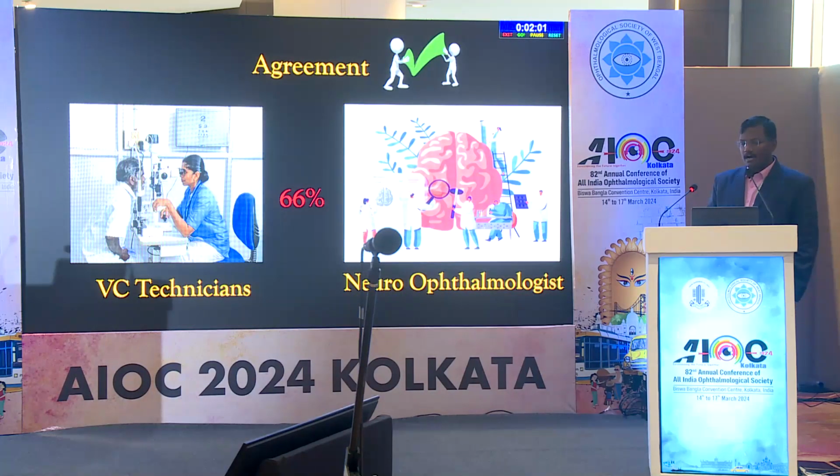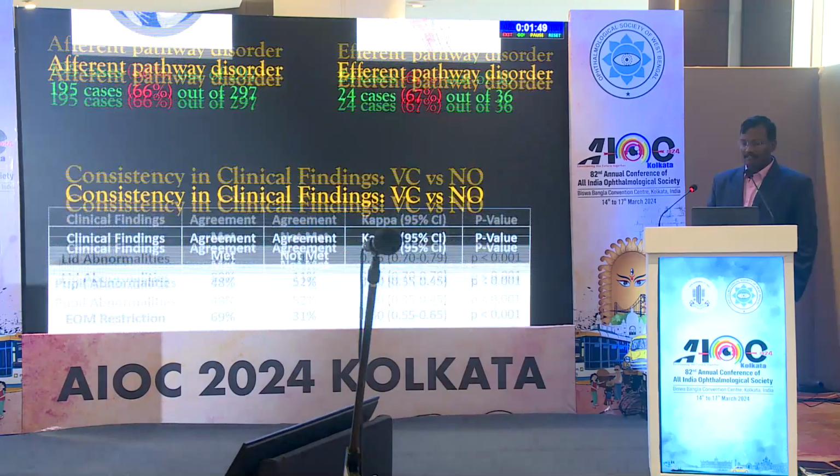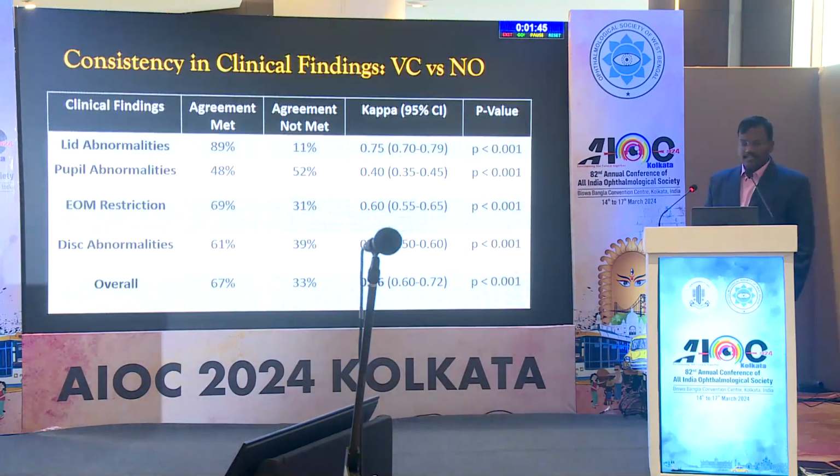The overall agreement in the neuro-ophthalmological disease diagnosis made by vision center technicians is 66%. And for afferent disorders it is 66% out of 297 cases, and 67% out of 36 cases. There is excellent agreement in lid, fair agreement in pupil abnormalities, and good agreement in extraocular movement